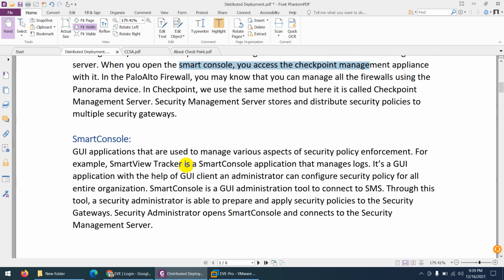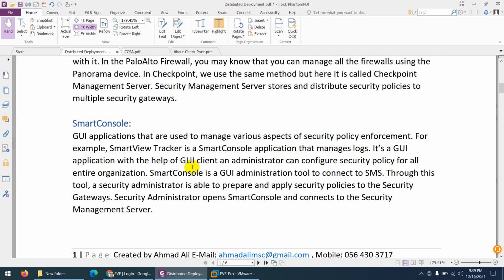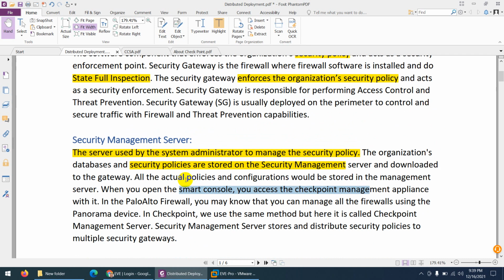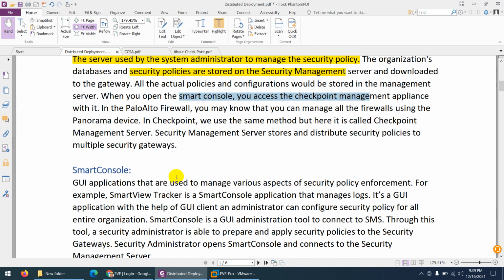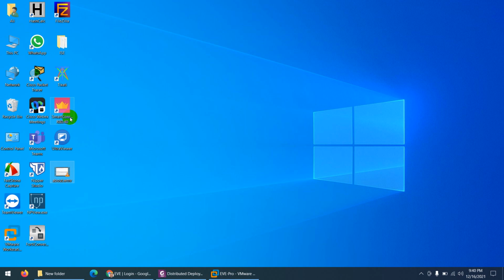So the third thing is smart console. Smart console is nothing but an application which you install on your Windows machine, and it's a graphical user interface where you manage many things, from where you can access the security management server. If I can show you, it's on my desktop.